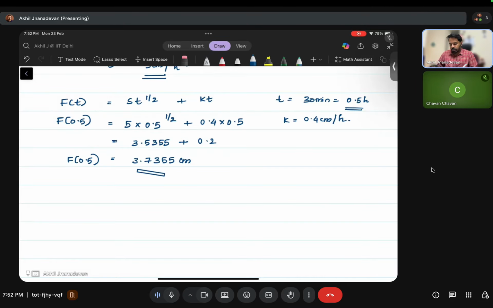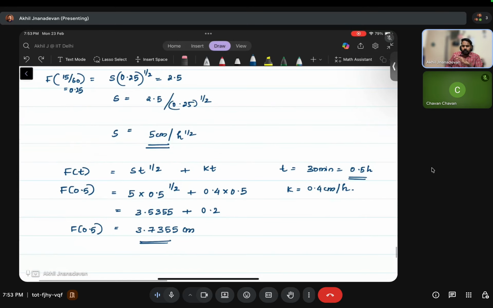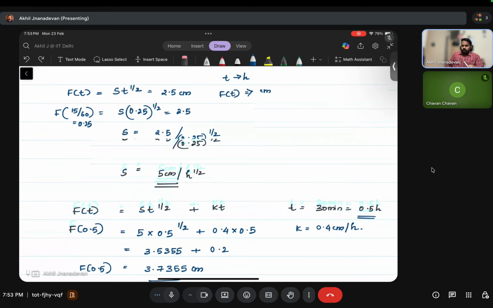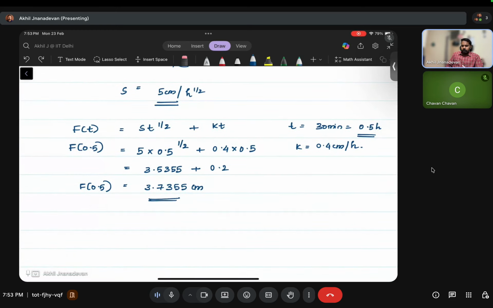So this is the infiltration depth that you will be getting after 30 minutes if the column was kept vertical. So after 15 minutes when the column was kept horizontal, the infiltration depth was 2.5 centimeter. Same experimental setup, if you keep it in the vertical direction, the depth we will be getting after half an hour will be equal to